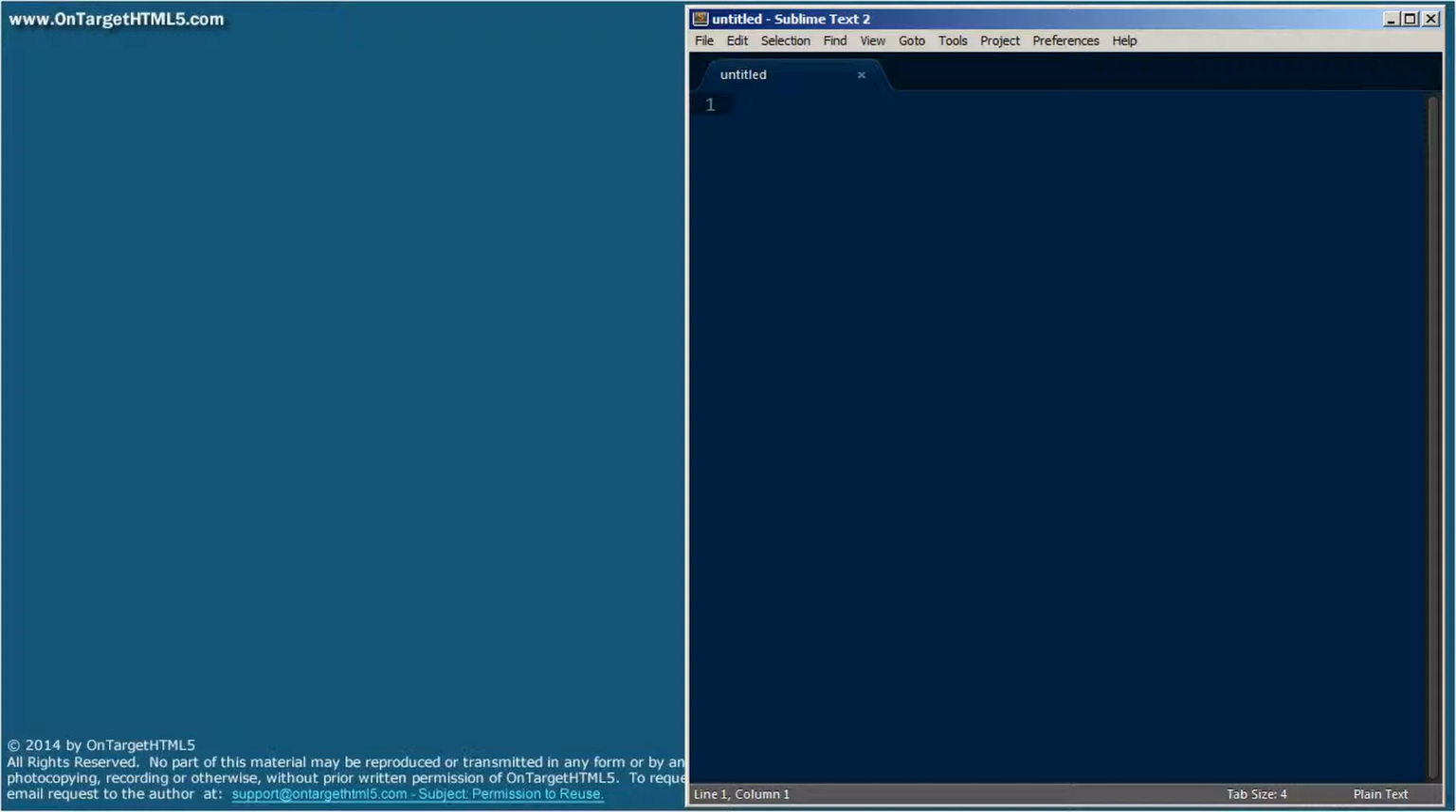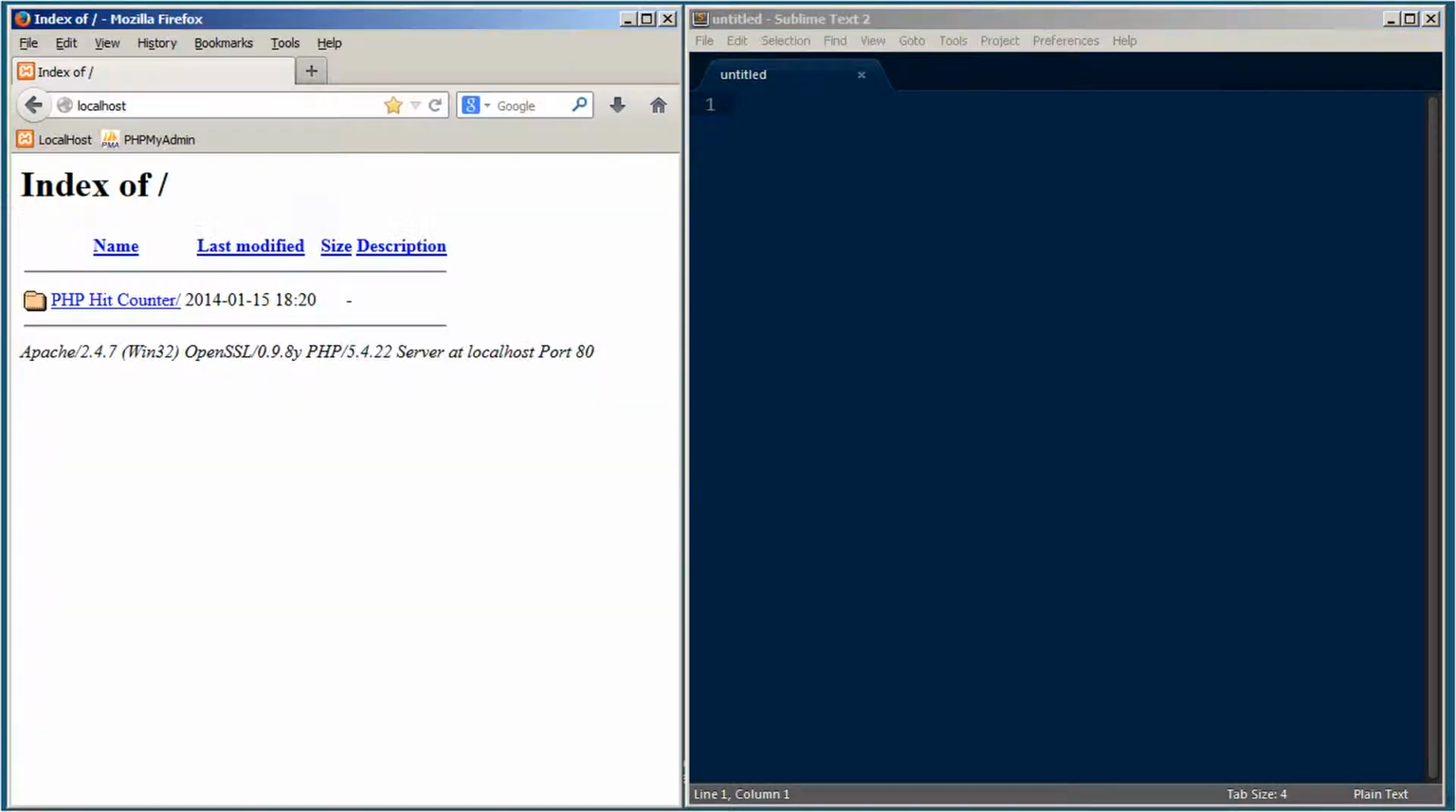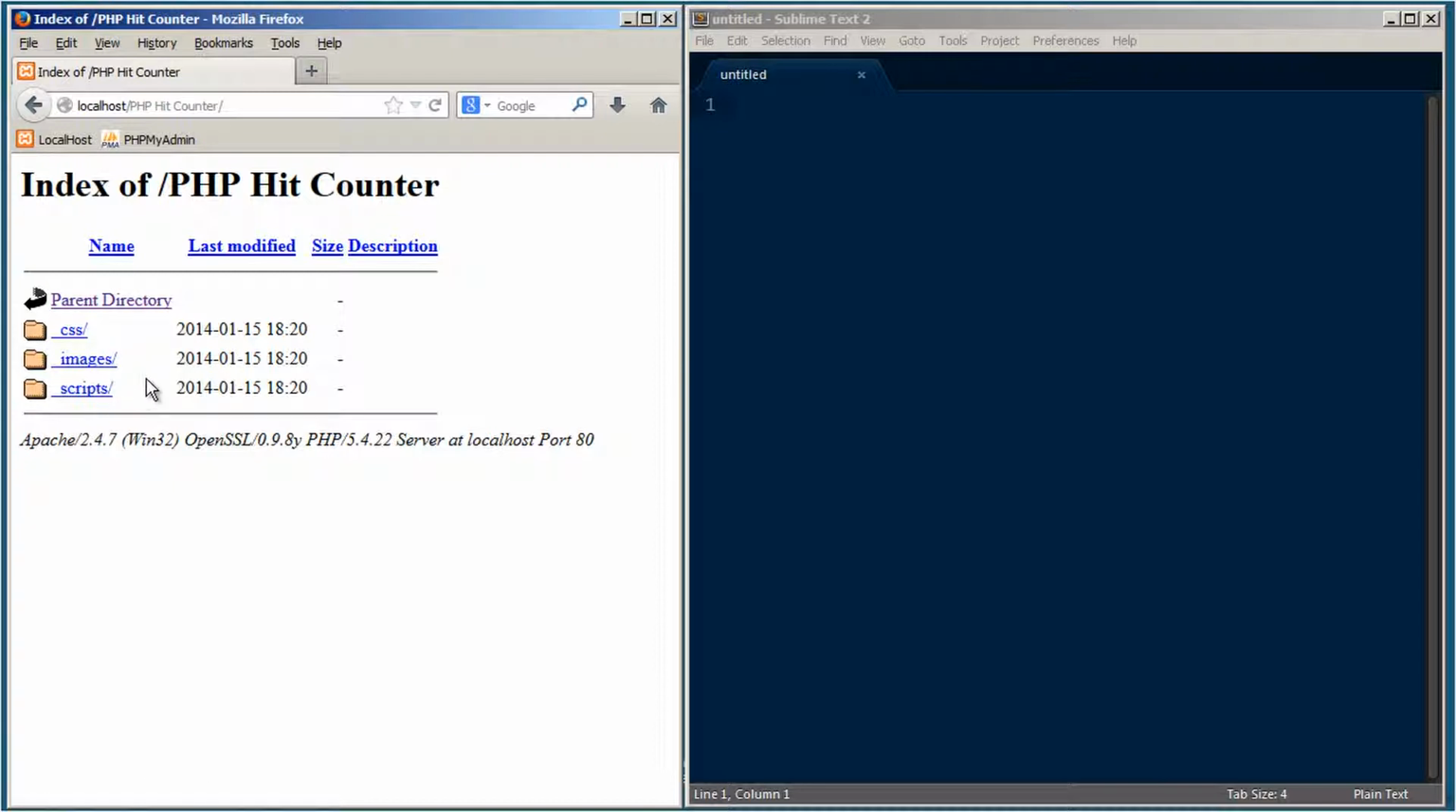If this is the first tutorial you've viewed on the OnTarget website, I want you to notice I tend to do what's called side-by-side development. I actually have our localhost up now. This is the actual directory that we just built on our localhost, my PHP Hit Counter directory. Those are the folders that we created for our CSS, our images, and our scripts. And I've got my text editor on the right. So as I develop, you'll actually be able to see these things occurring on the web browser right alongside the development environment. The left-hand side will be the website itself, the browser, and the right-hand side will be my development environment